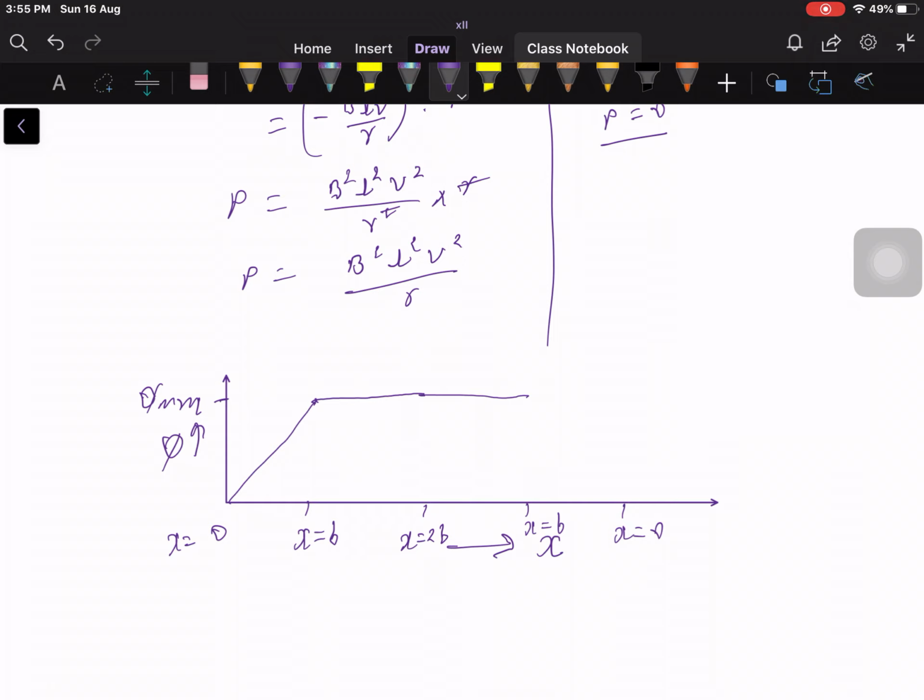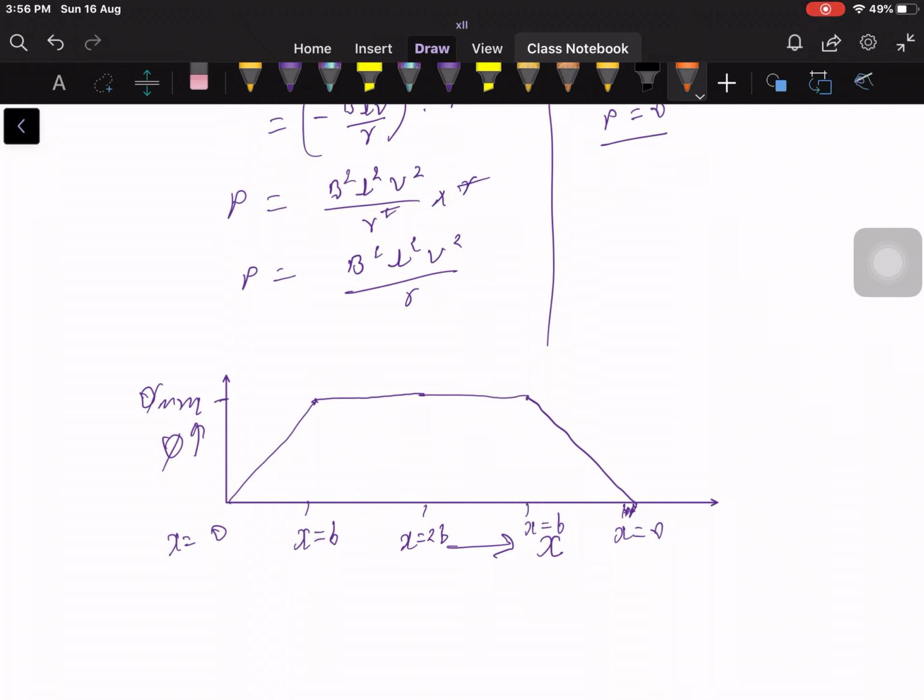Okay, now when it is entering into the magnetic field, it will start decreasing and it will be like this. This is the point here, you can consider it marginal because I am drawing it freehand. So this is the thing which we can understand here.